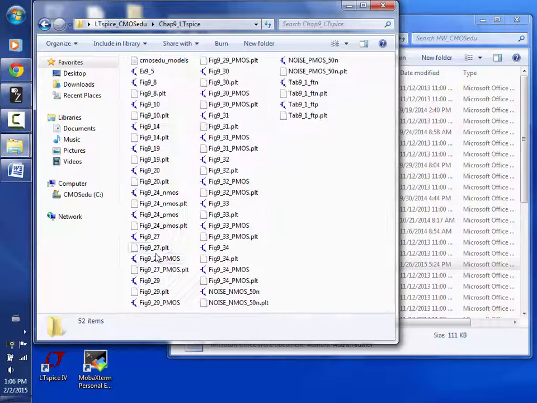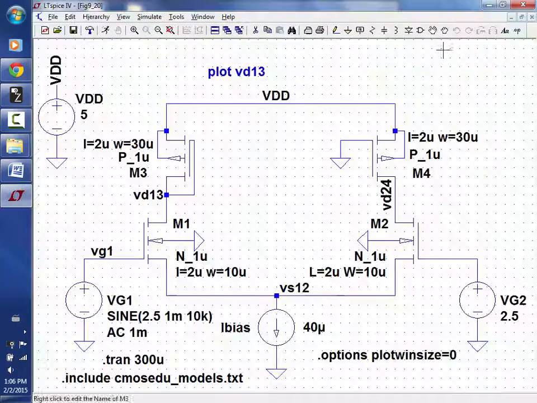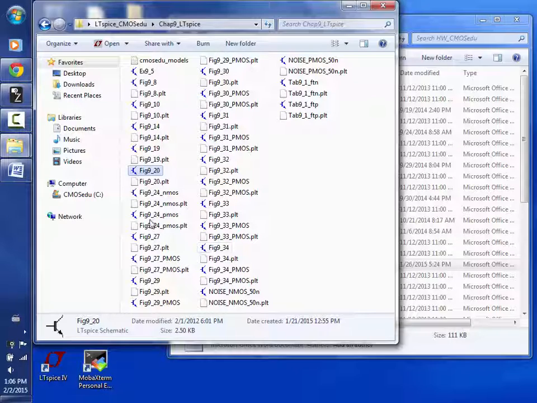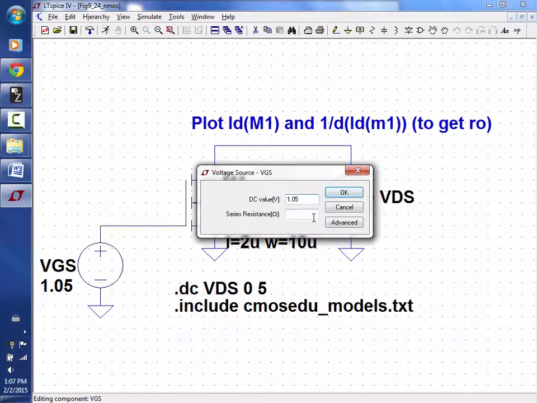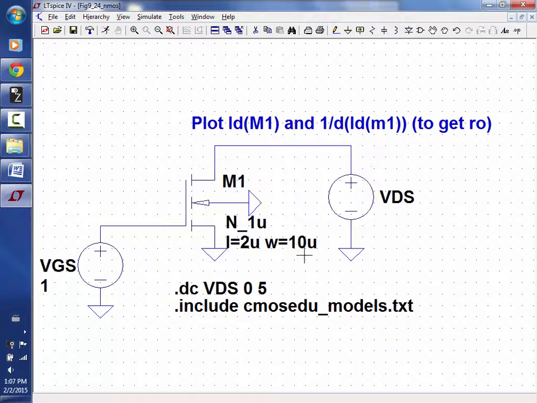And let's see, where's a good example? Like this one maybe? No? This one? Okay, so this one, let's change this to 1 volt. Okay, and then what's VDS? 0 to 5. I'm going to run this sim, and then determine what R out is from the sim so I can see how it matches my hand calculation. Okay, so I run the sim,